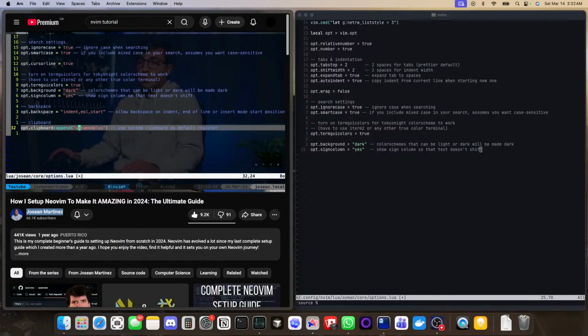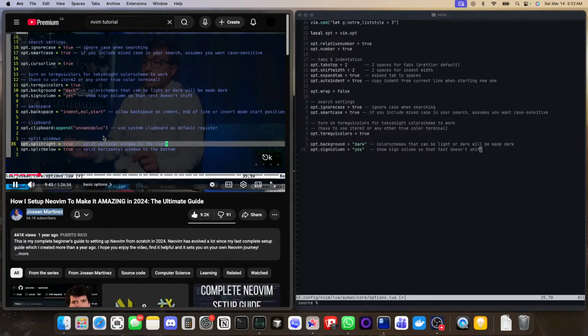Then I'm going to set up some options for how windows will get split. I'm setting split right equal to true, so that if we split a window vertically, it'll go to the right, and the second one where split below equals